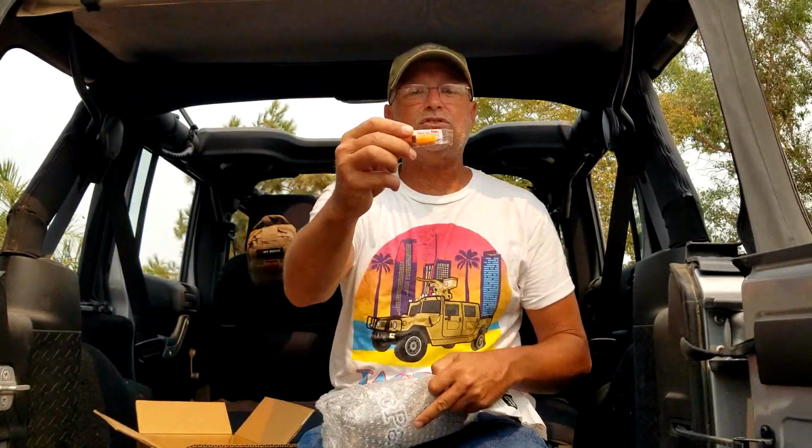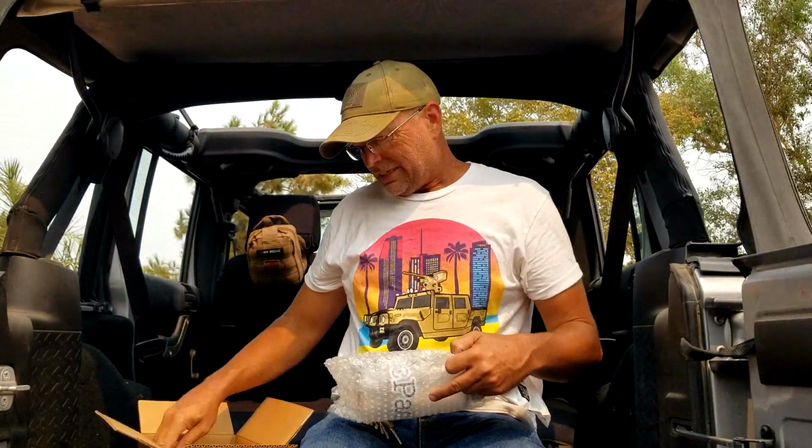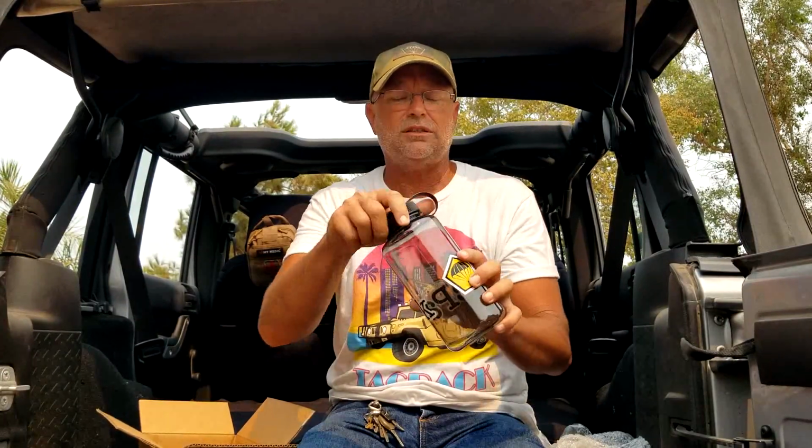And they gave us free earplugs. And the last thing was they sent us a little water bottle, which I'm fine with. I don't necessarily use these, but